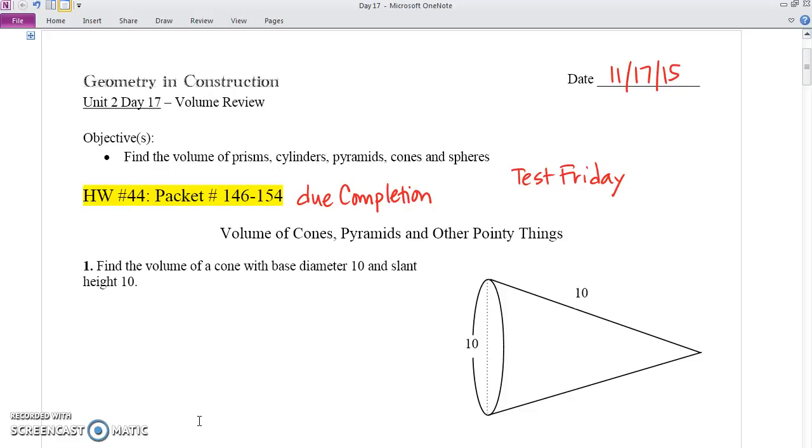You have a test Friday, and you still do have your quiz next period. So please pay attention. So the volume of any cone